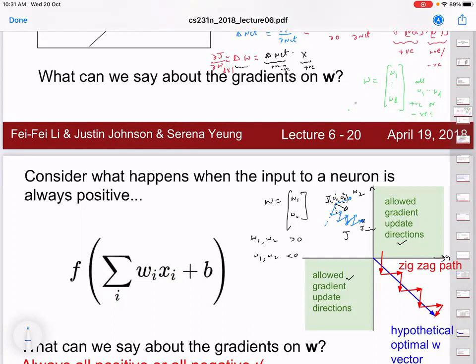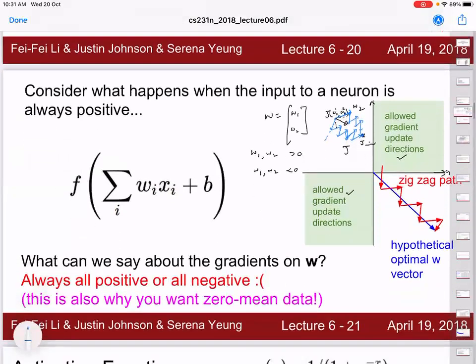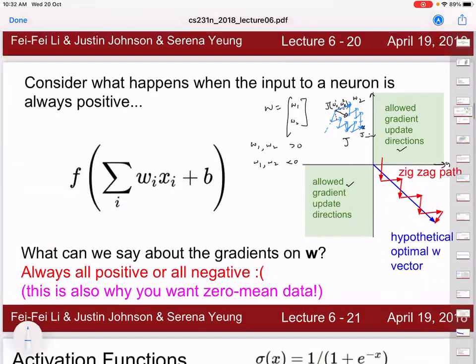Hope this is clear. Even if we take this side, the same thing will happen. We make both positive, then both negative, then both positive, both negative, and then we reach the minima. We can take either of them, but we will reach it through a zigzag path, and hence the convergence will not be faster or smoother. That's a constraint. Is this clear? You people are there?